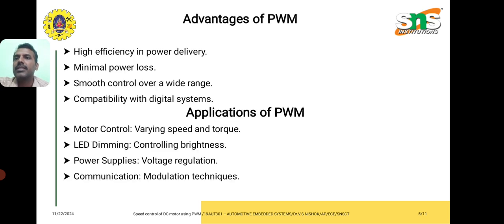Then coming to the advantages of PWM: high efficiency in power delivery when compared to the previous methods, any resistor type methods, and minimal power loss, smooth control over a wide range, and compatibility with digital systems are a few other advantages of PWM. Coming to the applications, motor control varying the speed and torque, and in LED dimming controlling the brightness. In power supplies, voltage regulation takes place with the help of PWM, and communication modulation techniques